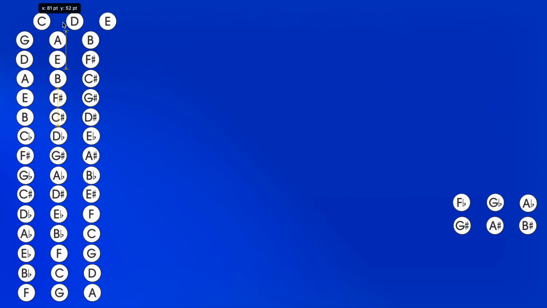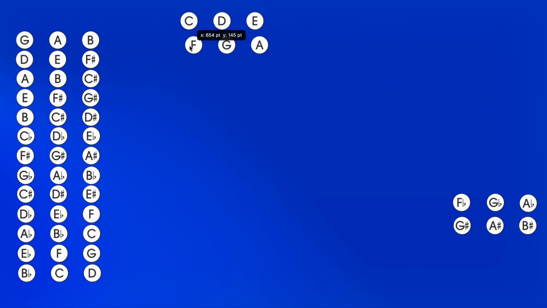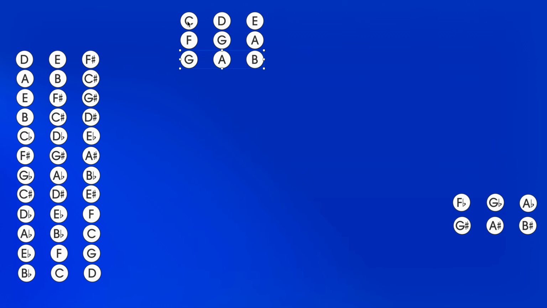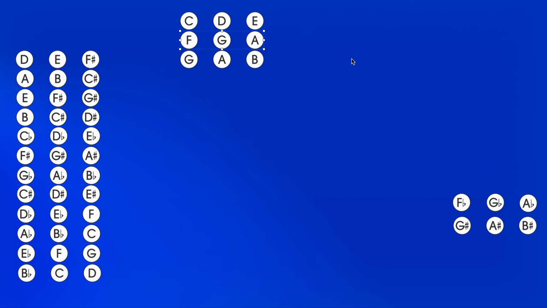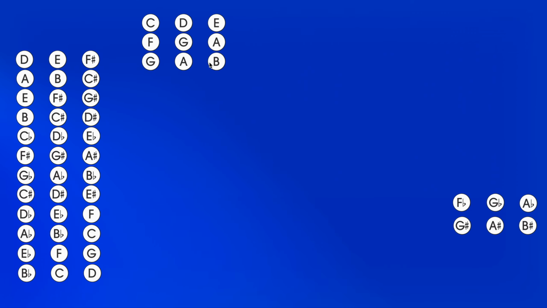But I'm categorizing these in C: 1, 4, and 5. When I say 1, 4, 5, this is the root of C, the fourth of C, the fifth of C, and whole step from each one. So the root, fourth, and fifth actually form a major scale just by adding those notes together. So if we have C, D, E, F, G, A, and G, A, B are all whole step, that would also be true for